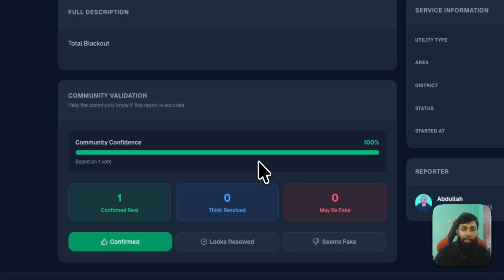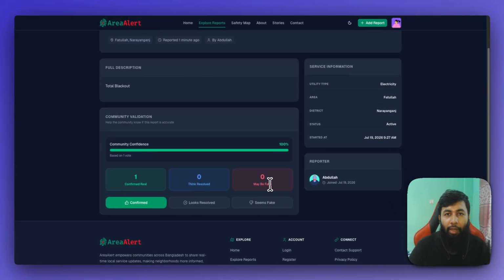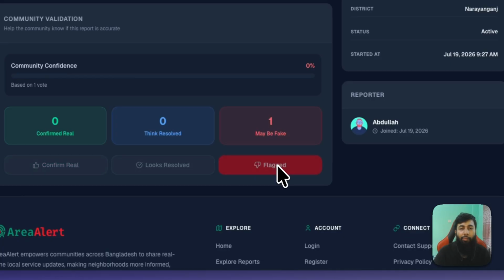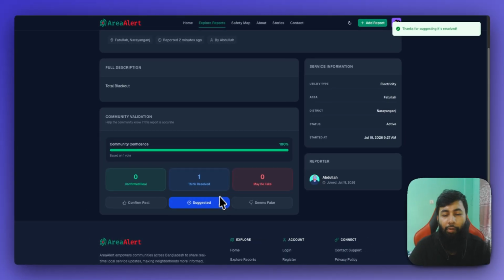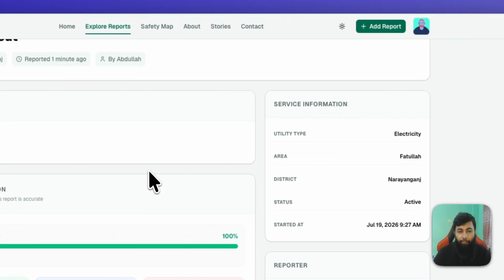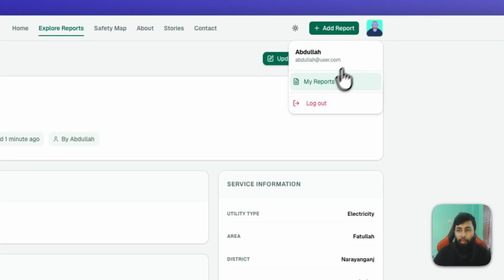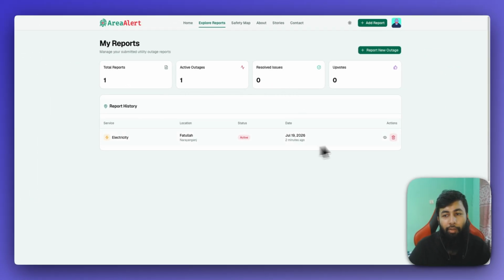And to verify if it's fake or real, we have another button where a user can say it seems fake, which means he flagged it as fake. And also he can suggest that it's resolved already. Okay. So on the reporter's profile page, he can also see all his reports, as well as he can